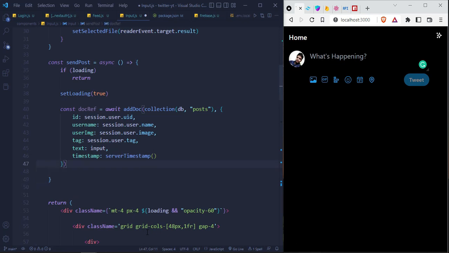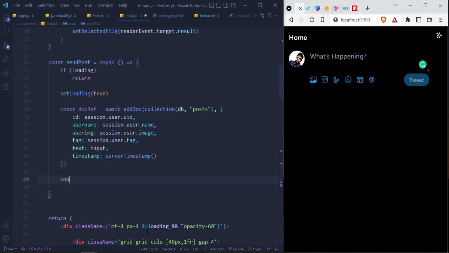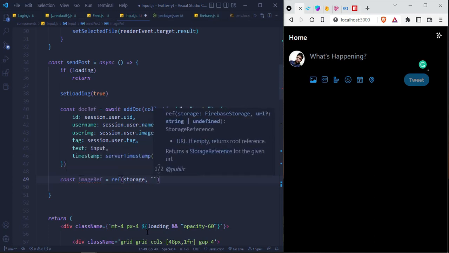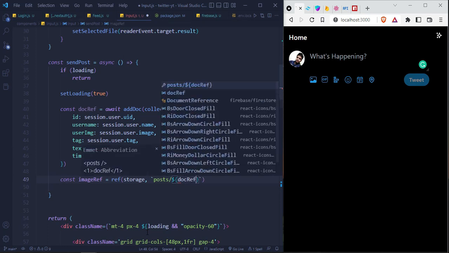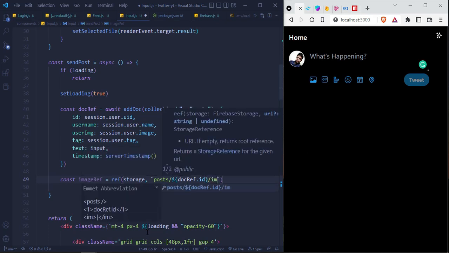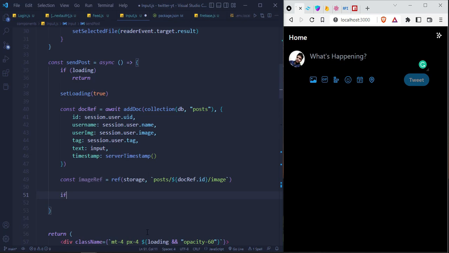after creating this docRef, we are going to create imageRef. Suppose if anyone is uploading an image, then we will need this imageRef, and this ref will take storage, then it will go inside the posts folder, and then inside the id, so docRef.id, the document id, then inside images, then inside image. Okay, and if selected